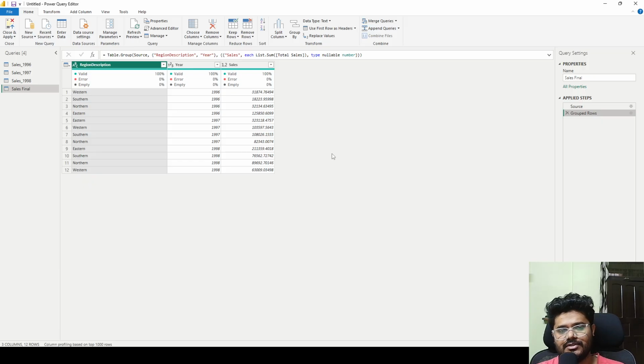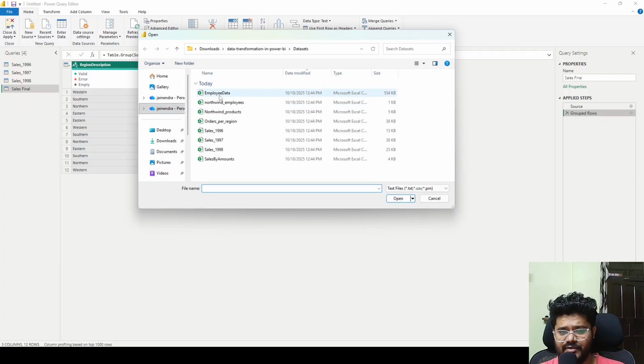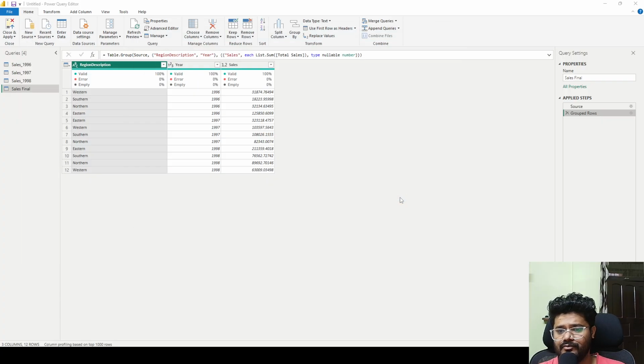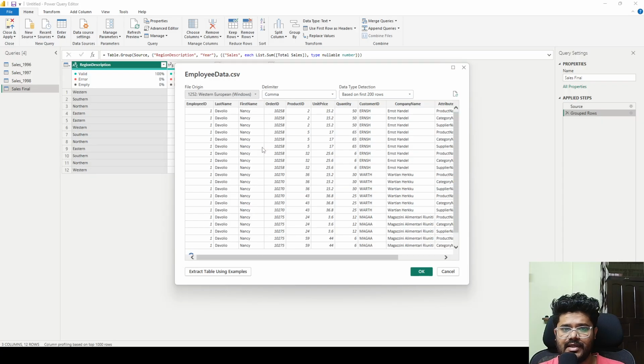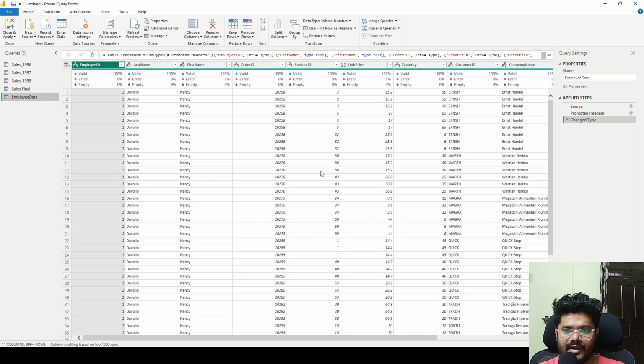So now, just jumping to another topic, which is merge queries. For that I will be importing two different tables of employees, which is one is employees data. Let me import it, which has columns like employee ID, last name, first name, order ID, product ID, and company name, etc. Second table now I'm gonna load is